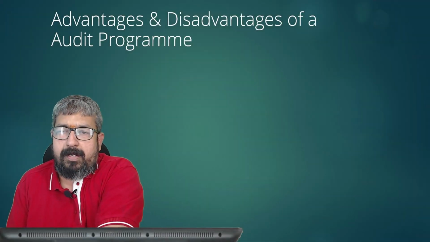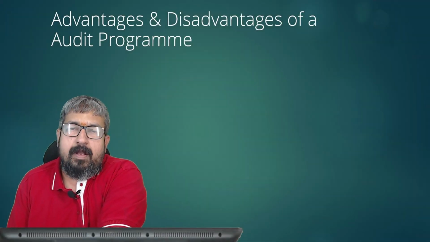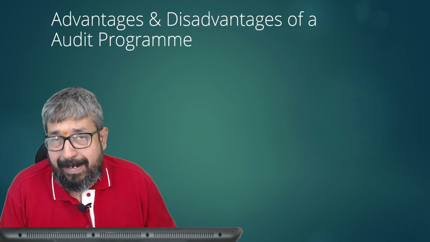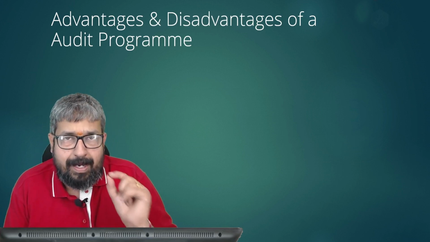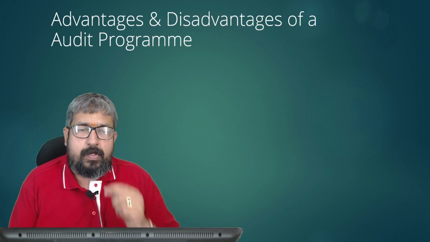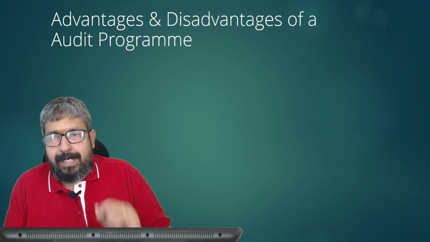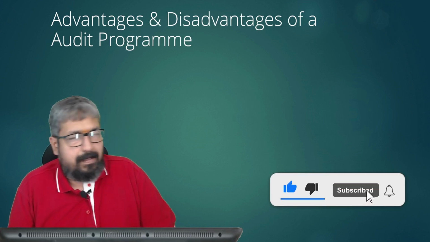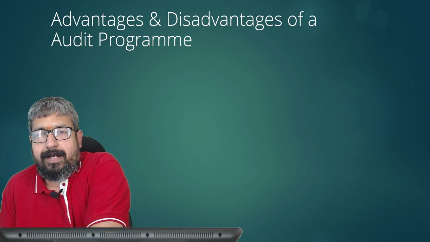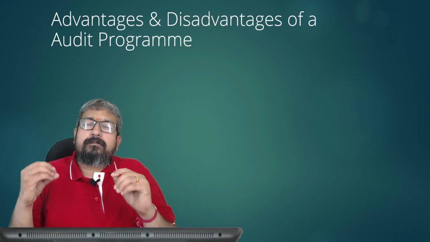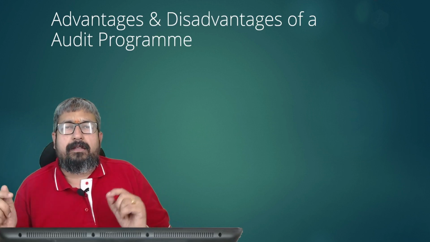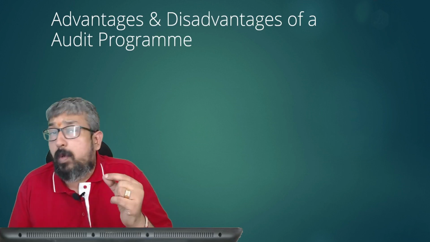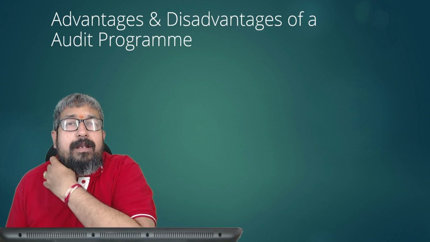When I talk about audit planning, my dear soldiers, there are 4 stages in audit planning. First, you have the preliminary engagement activity, where you decide whether I should take up the audit or not. Then we have the overall audit strategy. In the overall audit strategy, we talk about the scope, the timing, and the direction of audit. I repeat again, the scope, timing, and direction of audit, and also it is a basis for the development of